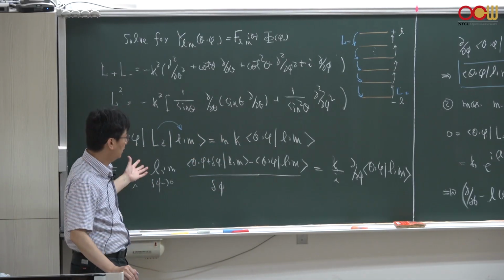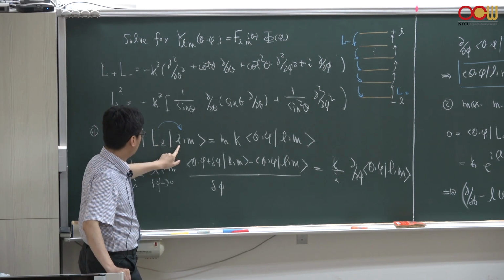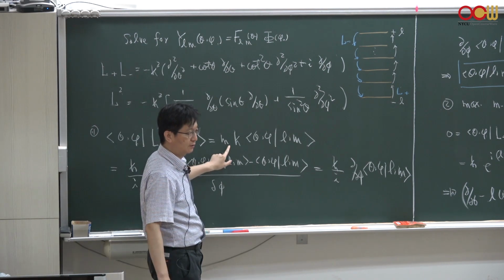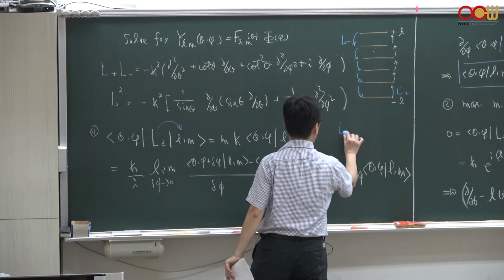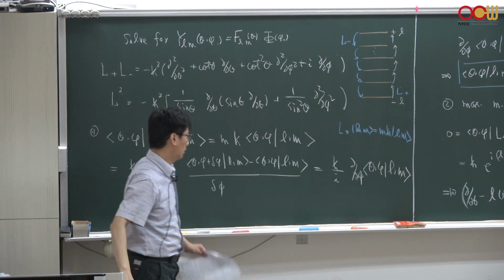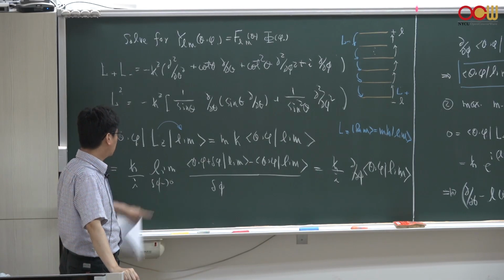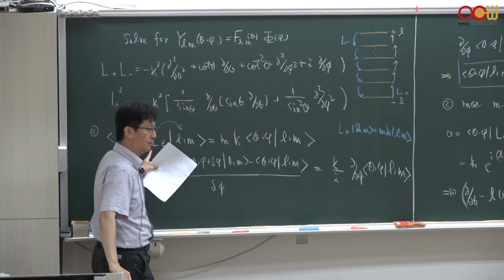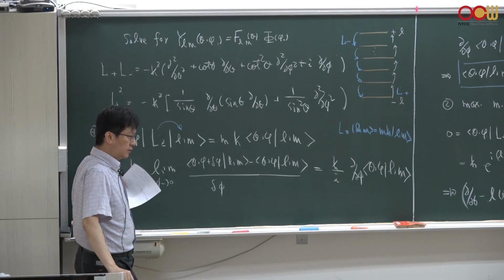Okay, and this is indeed the case. If I apply this eigenvalue equation for Lz acting on this Lm, I get m h bar. So this is, by definition, an eigenvalue equation, because Lm is the eigenstate of Lz with the eigenvalue m h bar. And this follows the eigenvalue equation, but at the same time, from this spherical representation of the Lz operator, I